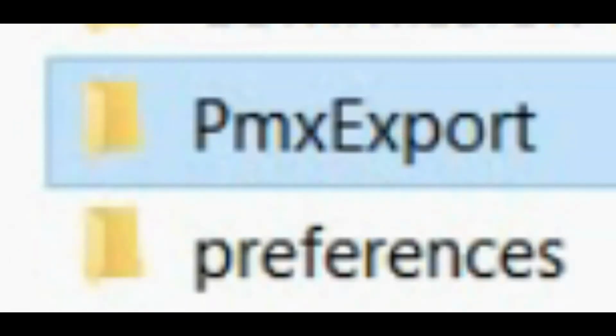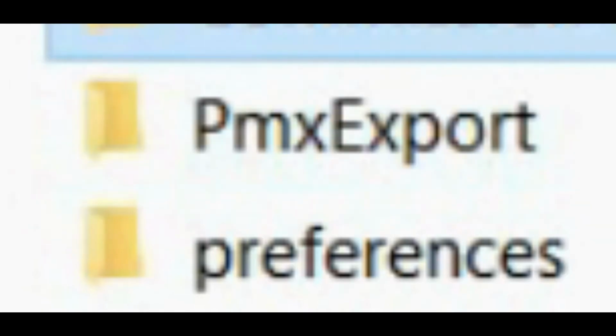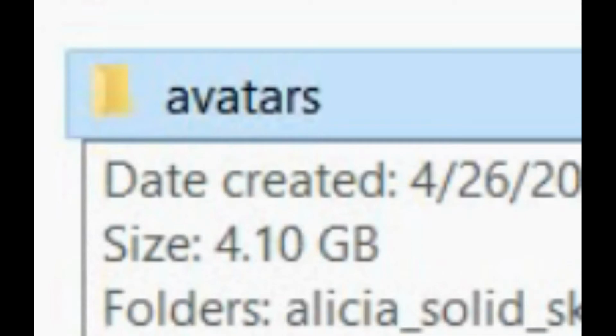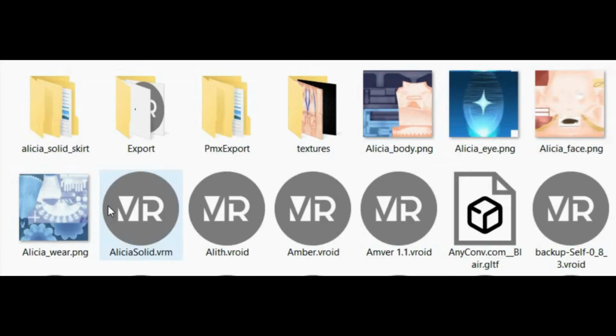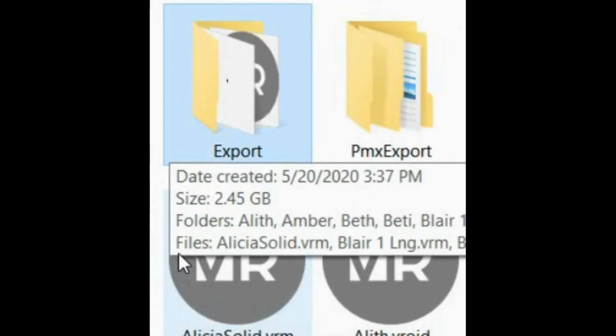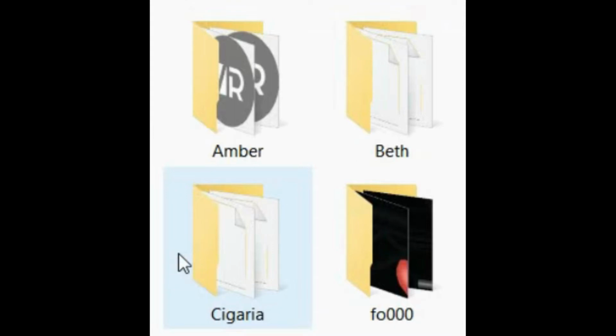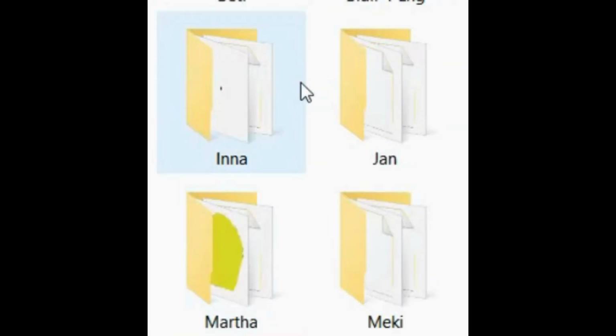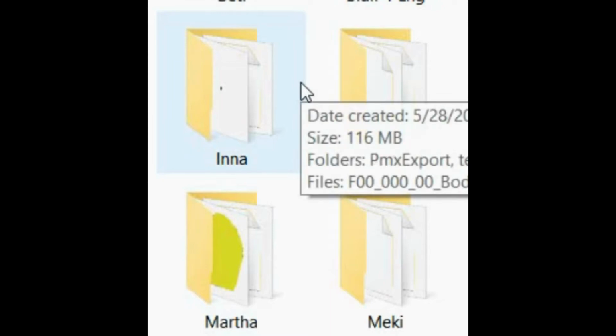You go to there, and then just go for the PMX, the one that says avatars. You go inside that, and it should be the one that says export. Once you see there, you should be able to see the name